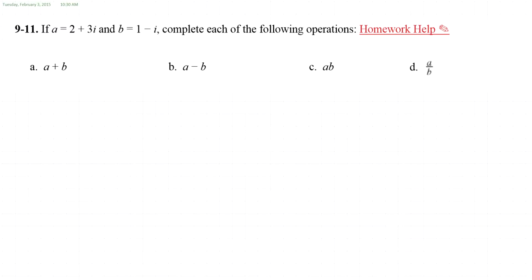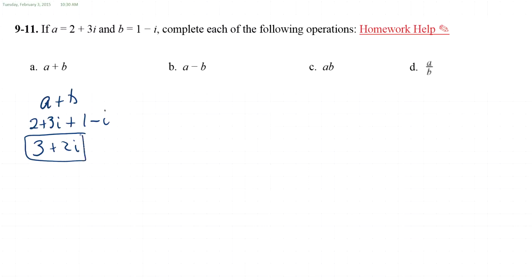For problems 9-11, if a equals 2 plus 3i and b equals 1 minus i, complete each of the following operations. Okay, so again, some practice with complex numbers. So we have a plus b, so then that's going to be 2 plus 3i plus 1 minus i. So remember, you combine like terms, so 2 plus 1 is 3, and 3i minus i is plus 2i, and